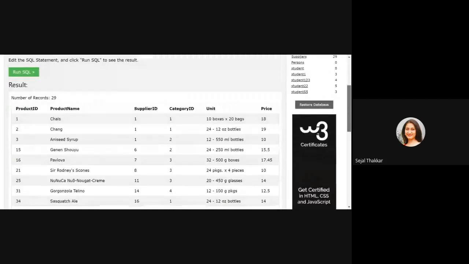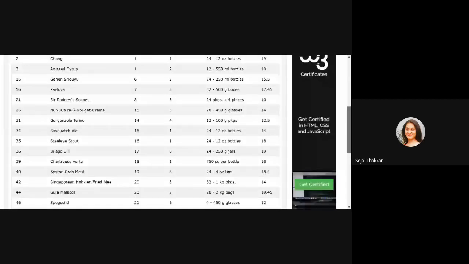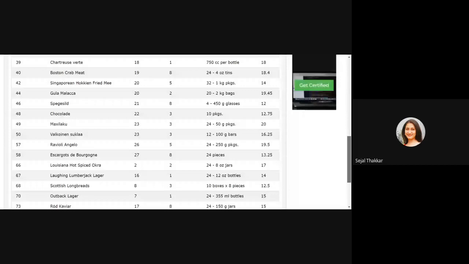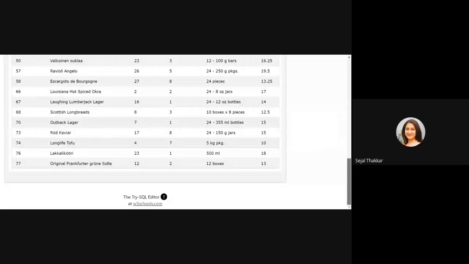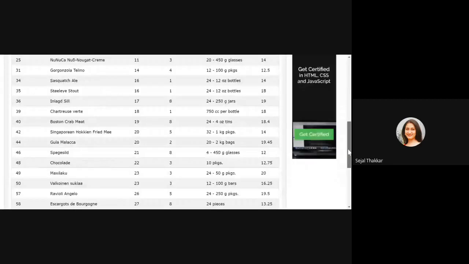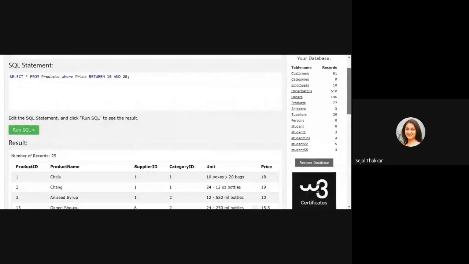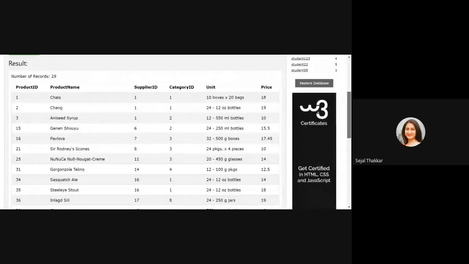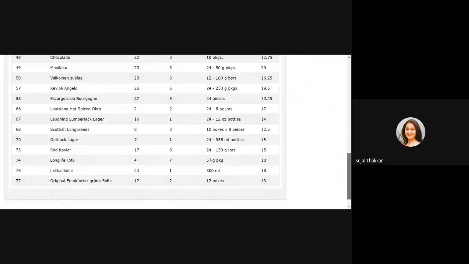So you can see here the last column, the price column, it is going to display only those values whose price is between 10 and 20, right? You can apply it as per your requirement. For supplier ID, you can apply. For category ID, you can apply the BETWEEN operator.